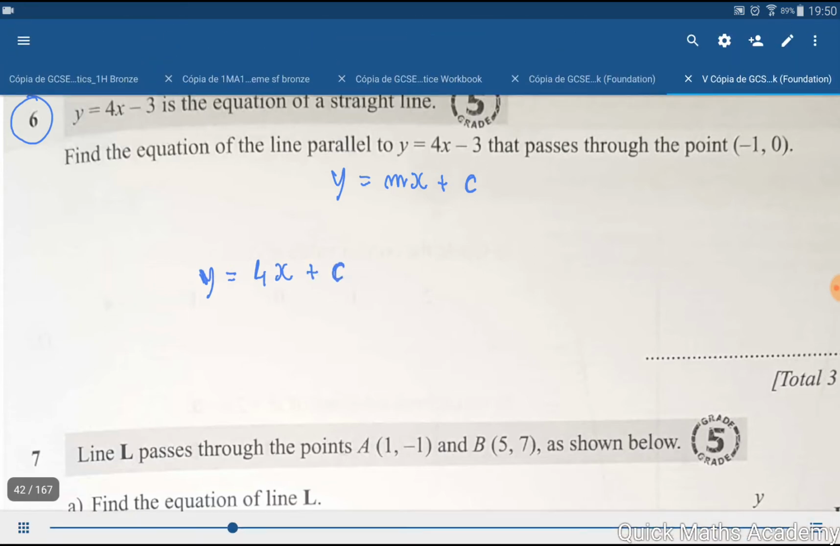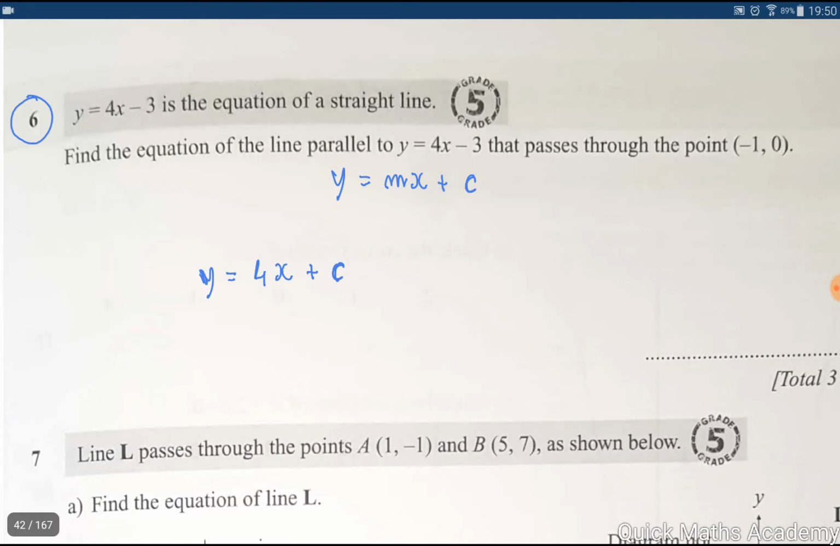We don't know at which point it crosses the y-axis, but we know for sure, if they are parallel, that the steepness, the gradient, the inclination is 4, because they are parallel, they never cross. So we just have to find the c, because if we find this c, we know that we have the equation of our line, and for that they give us a point. They say that this new line passes through the point minus 1, 0. Let's then use that information to